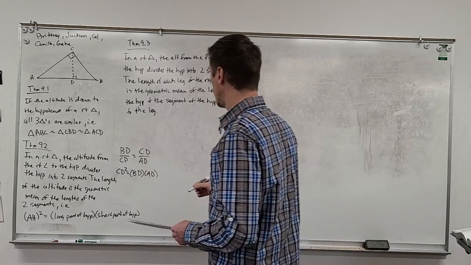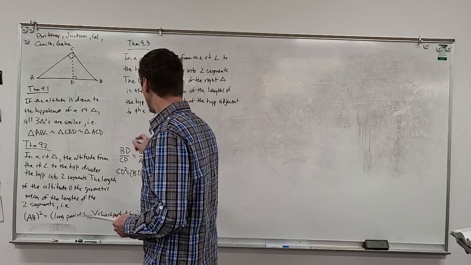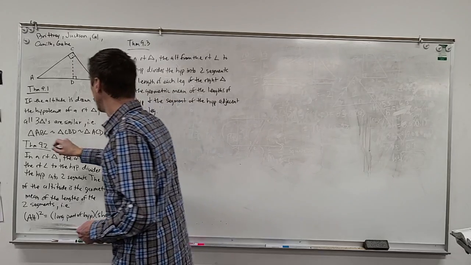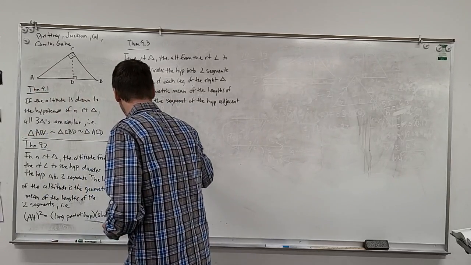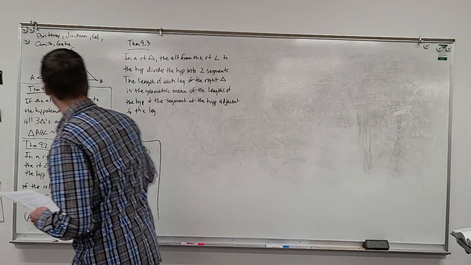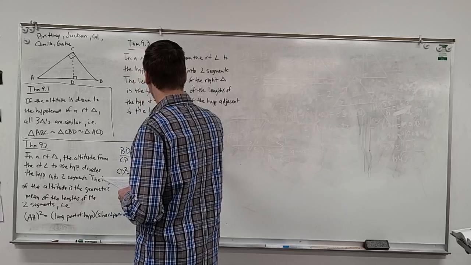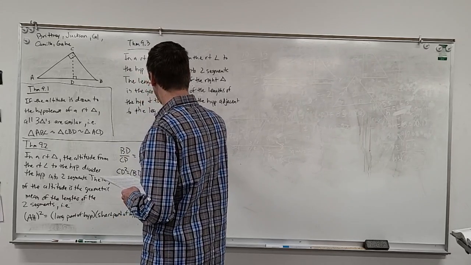In other words, let me draw a little box here so we don't get them confused. It goes with that. This is its own little thing right here. So i.e., in other words,